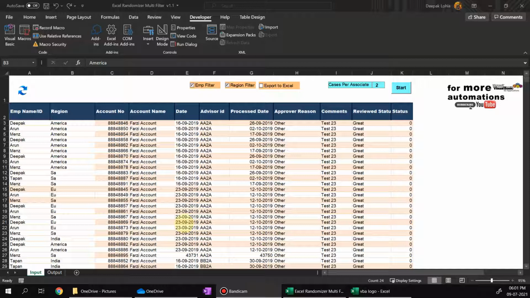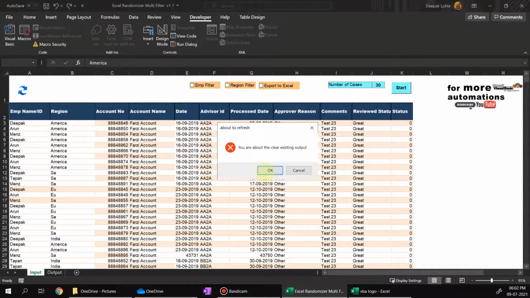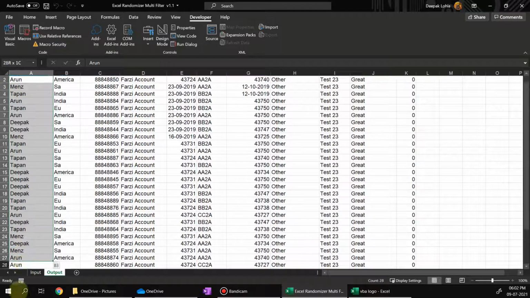There are no limitations. You can put your data the way I have shown you, in a similar way you can put your data. One thing we have to note is that column A and B is very important. So let us remove all the filters here and click on start. Let us put number of cases as 30 and click on start. Now it is going to pull a number of cases as 30